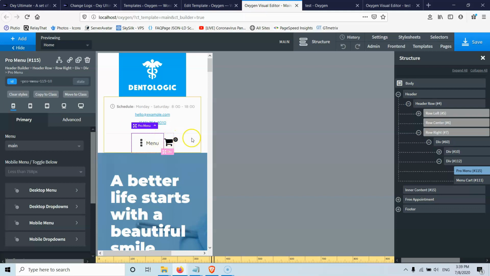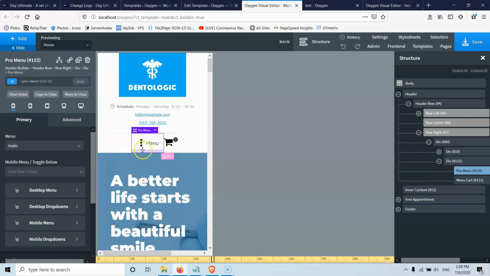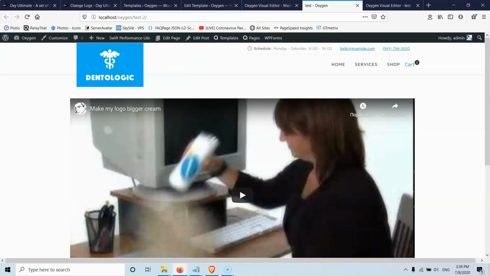This is how it works because of Oxygen, that it's not giving us the possibility to add something in the menu. I would like Oxygen to add something so we can have the card here inside the menu, and also we can add some divs, we can add anything else that we want. It will be really great for Oxygen to add things in the menu. So let's delete this. Now I'm not going to delete it.